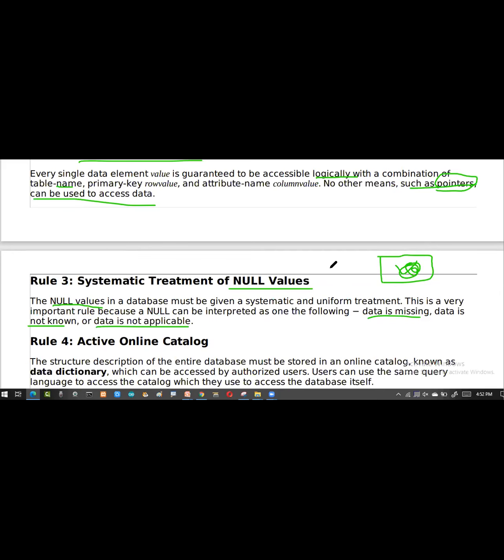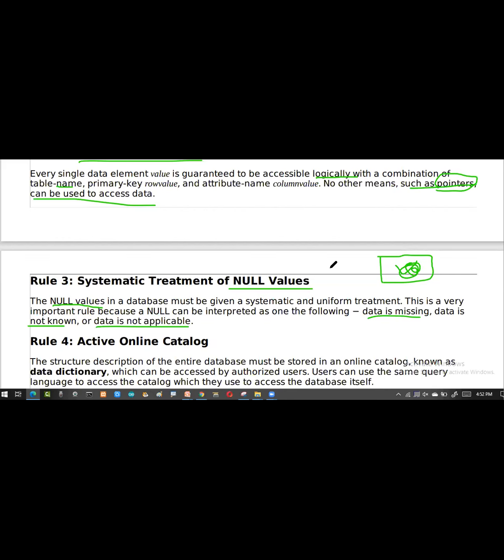If I say, sir, I don't have a contact number right now, I haven't taken a mobile number, or I haven't purchased a mobile. Once I get the mobile or activate the SIM card, I'll give the contact number. Or can I give my father's number? They'll say, no, I want your number only.